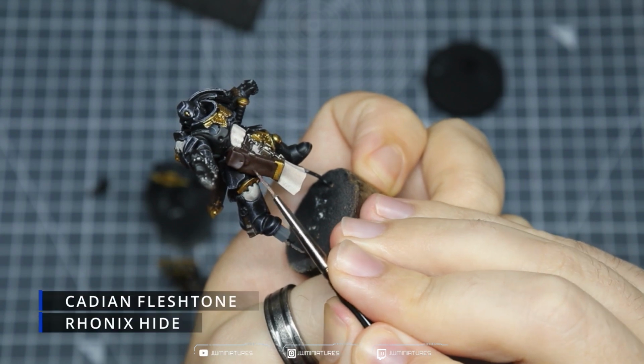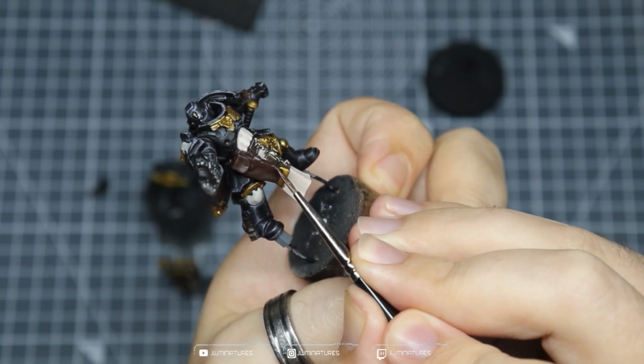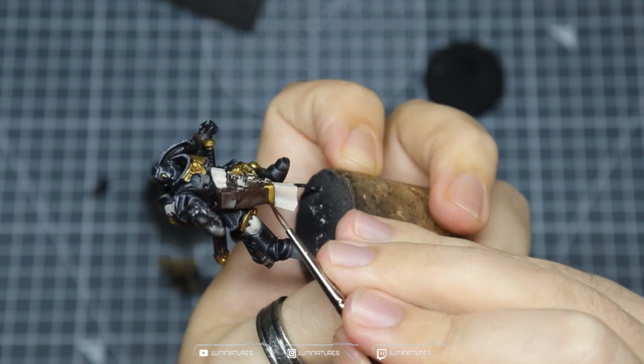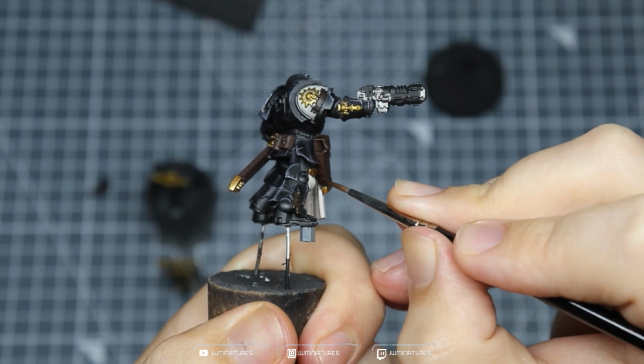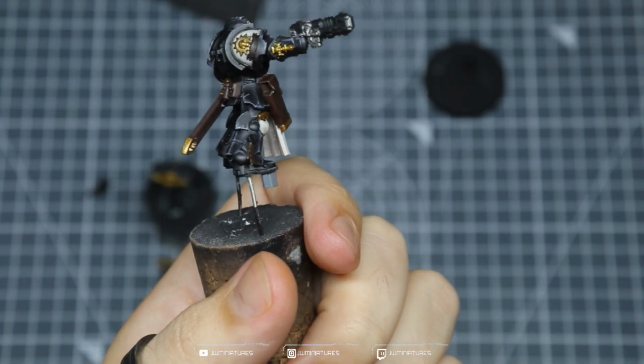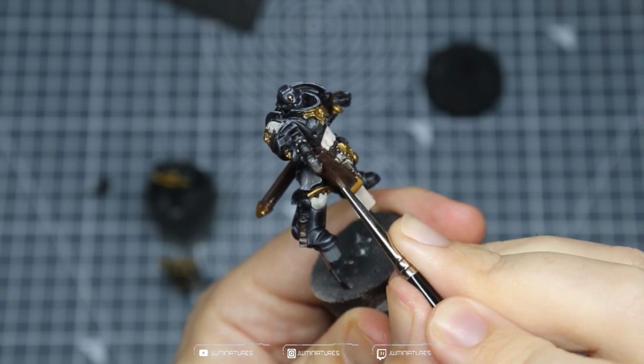Starting from a base of Rhinox Hide, I add some Cadian Fleshtone to start picking out the shapes and the folds of the leather. I want to keep this quite rough and add some texture to the leather. I'm using a mix of long and short fine lines, focusing on the edges,